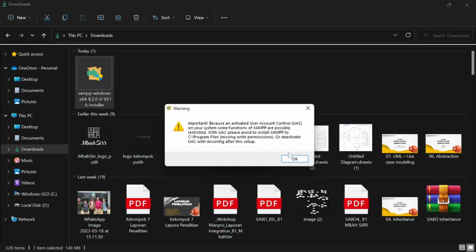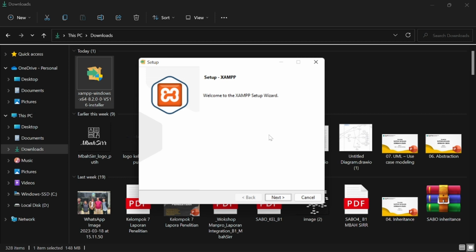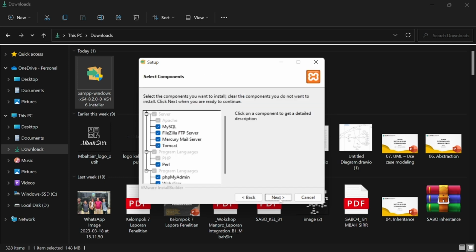So just ignore this warning for now and click on OK, which is going to start the setup window. And then we are going to click on the next button here. The XAMPP server comes with all these components. So I want all these components, so I'm going to leave everything as default and then click on next.